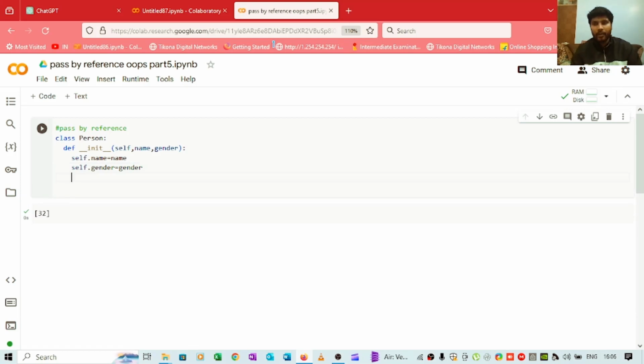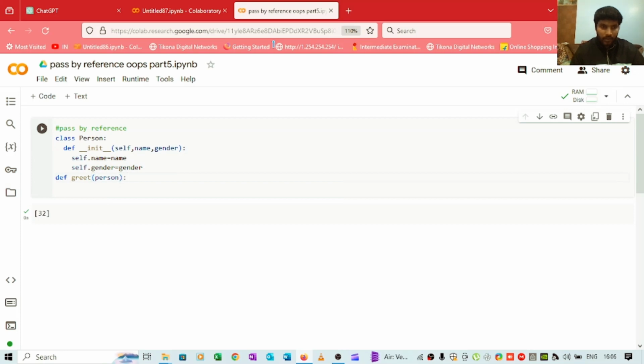And then we'll come out of the class and we'll create one more function. And we know that whenever we are creating a function inside the class, that is known as a method, but this time we are coming out of the class and creating the function. That means it's a function, not a method. So I will create def greet, and this will take a person,